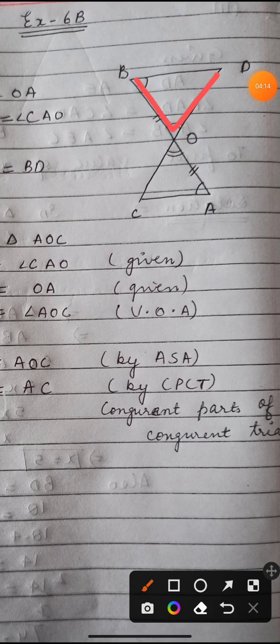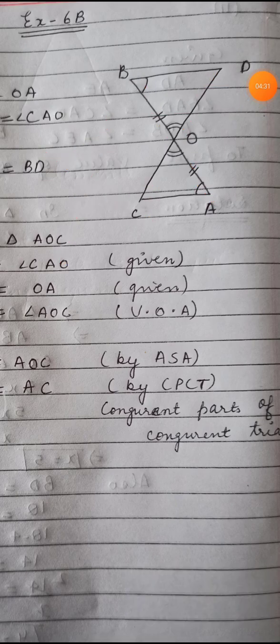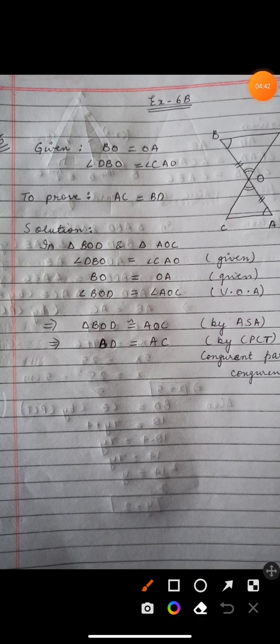This is angle BOD and this is angle AOC. These are vertically opposite because, as I told you earlier in the class itself, when you get a figure like X, then this and this angle will be called vertically opposite angles. So because they are vertically opposite, hence they are equal. Now we got the 3 equal elements. Therefore, now we can prove it. So likewise we have done that triangle BOD is congruent to triangle AOC, and by what criteria? We have taken one angle, then one side, then again one angle. Therefore the criteria is ASA.